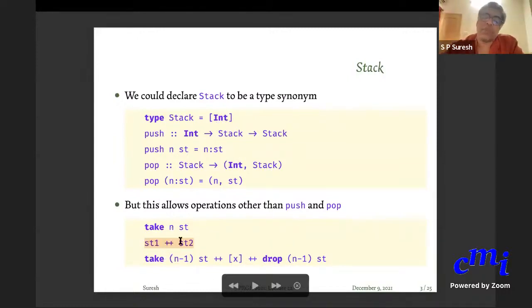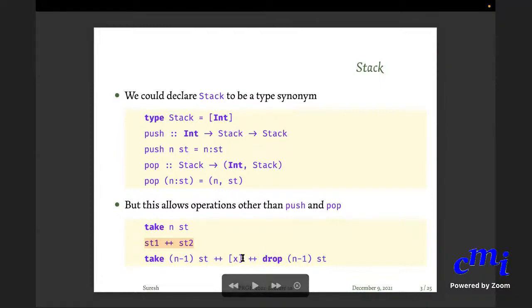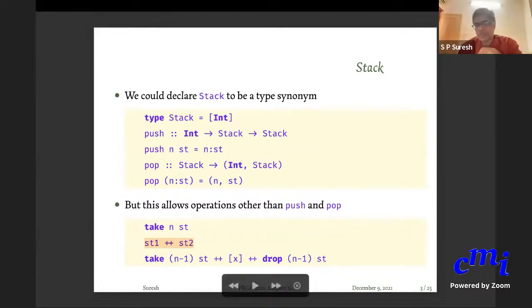Stack1 plus stack2 will put together two stacks. Take n stack will just remove n elements from the stack, and take (n-1) stack plus the singleton list x plus drop (n-1) stack, what it does is to insert x at the nth element from the top of the stack. As you can see, but you don't want to allow this.